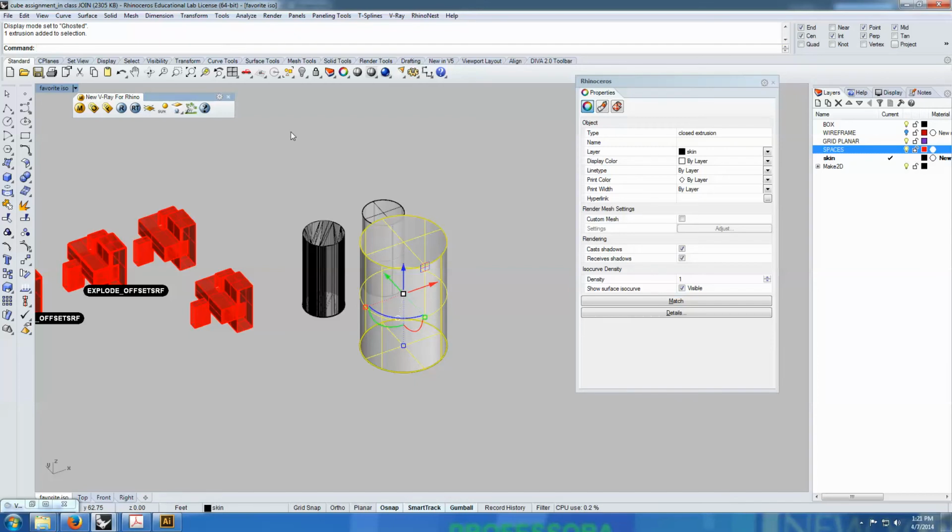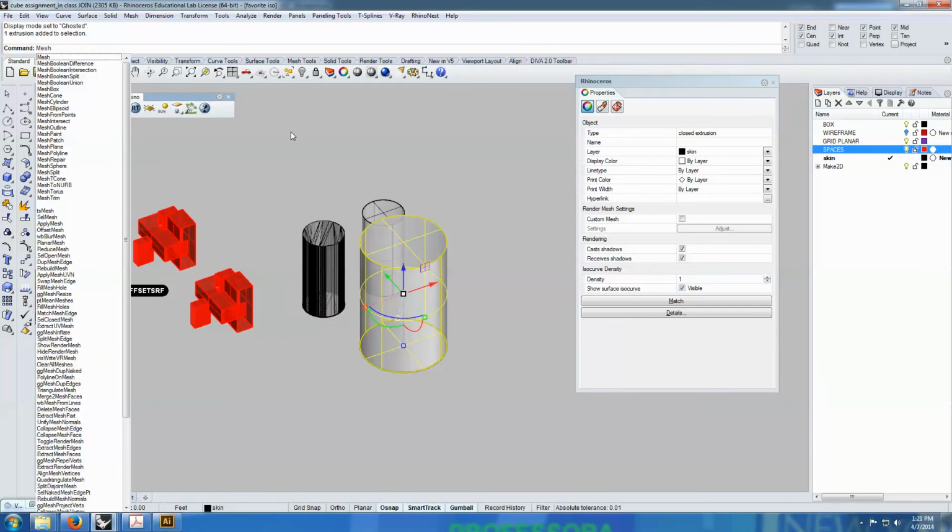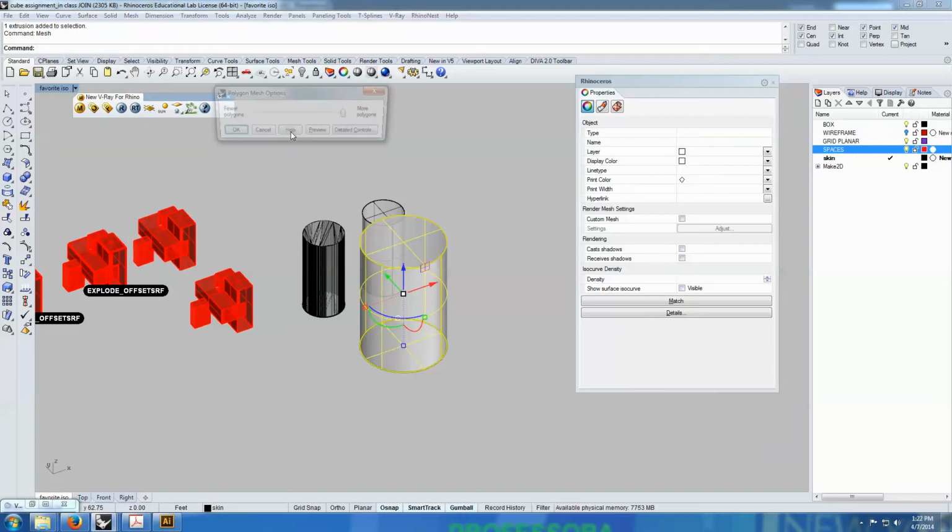Right, so we'll type mesh in order to create a new form that is based on polygons rather than the NURBS system. NURBS stands for non-uniform rational B-splines. It doesn't mean anything to you now, I understand. After Visual Studies 2 it is going to mean something more in detail. So I will mesh that,